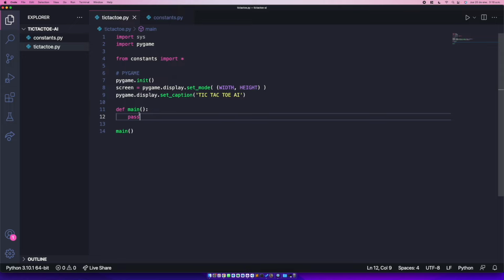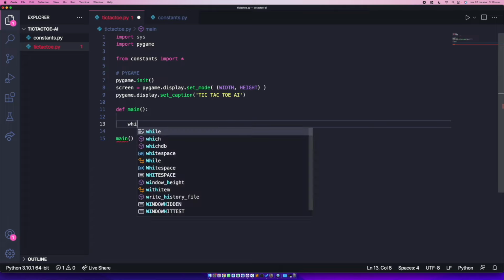So yeah, inside this main function, we're gonna code something called the main loop. So if you've worked with Pygame before, you probably know what I'm talking about. But if it's your first time using Pygame, remember these first lines of code are always the same. So we're gonna type while True,